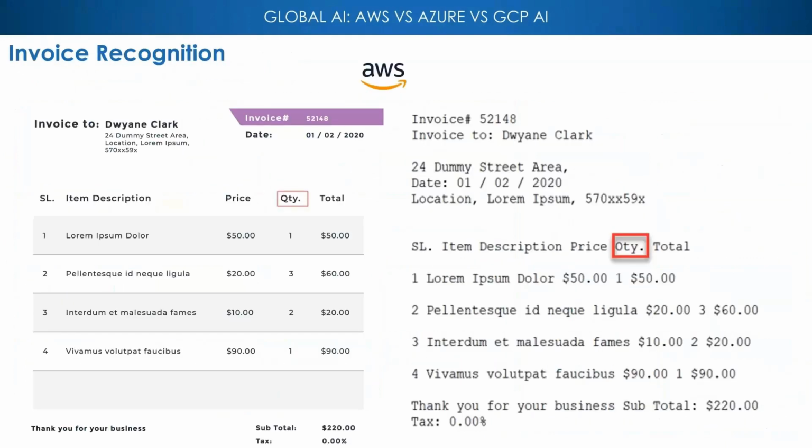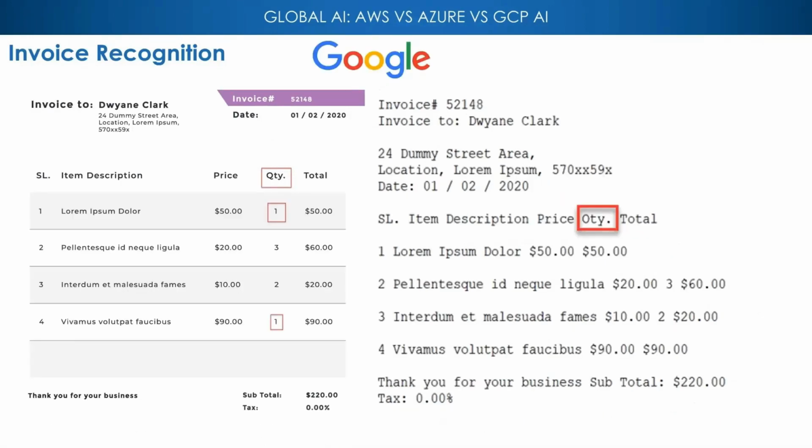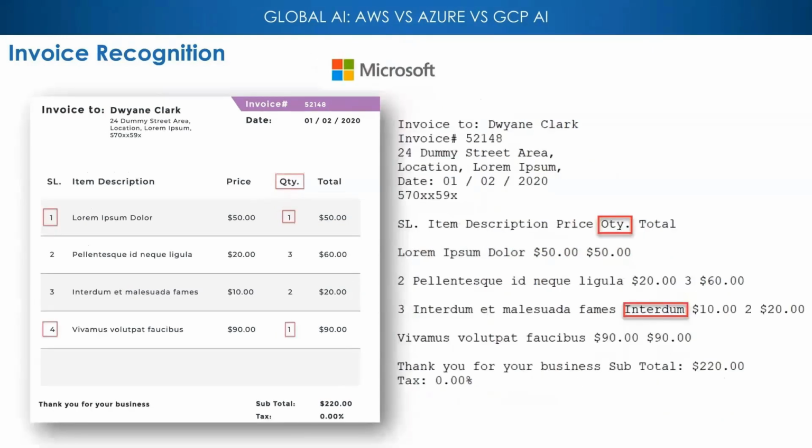And then finally, invoice recognition. This was great. I think Amazon was the best here. Amazon, by the way, quantity, for some reason, I don't know why no one got it. And Amazon gets everything else really well. And OTY is not that bad. I think they're almost close to 100% accuracy here, which is pretty incredible. And then Google, for some reason, misses the ones. That's it. Nothing bad. Again, very well done.